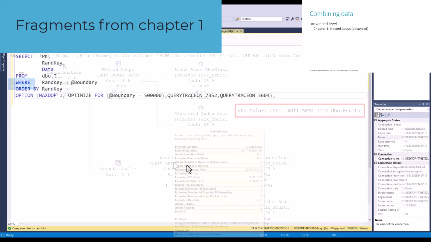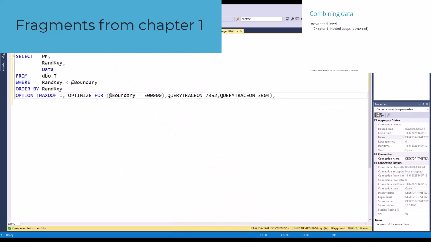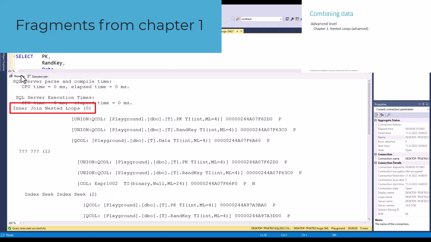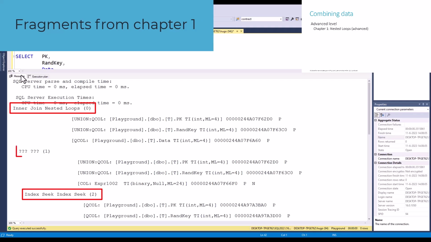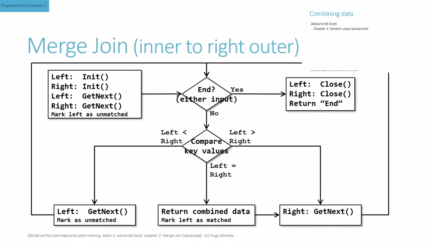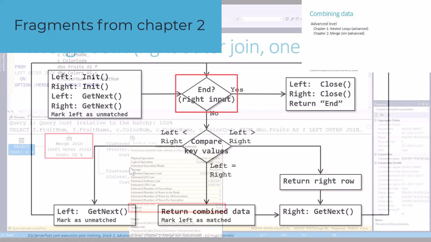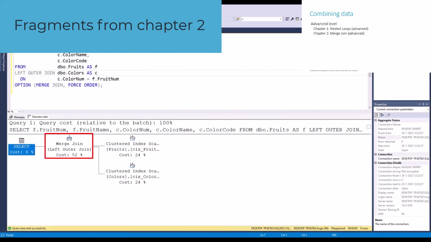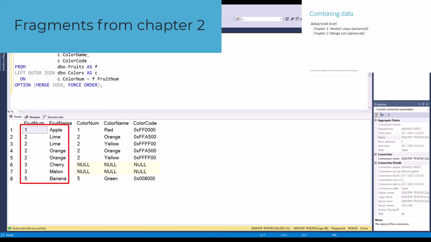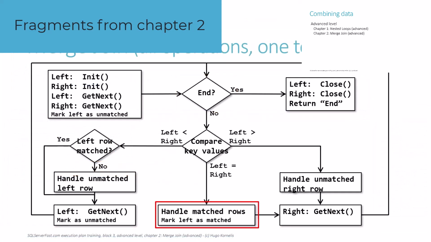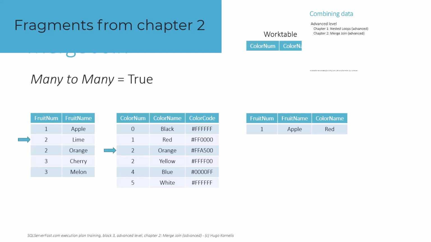We conclude the chapter with a look at various optimizations for nested loops, such as ordered and unordered prefetching and the so-called optimized nested loops. The second chapter, with advanced topics for merge join, once more looks at how the logic can be adapted for each different join type. Again, by looking at flowcharts for each join type first and then combining all the changes into a single flowchart that actually represents the logic of the operator.